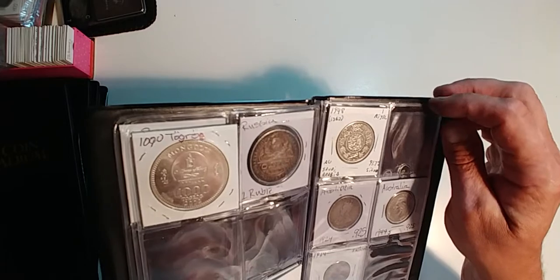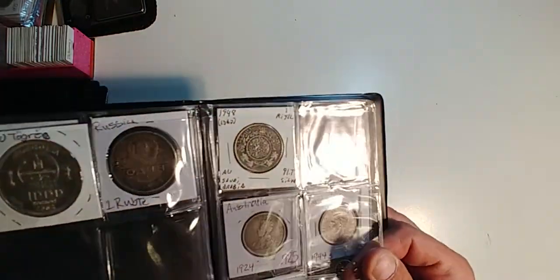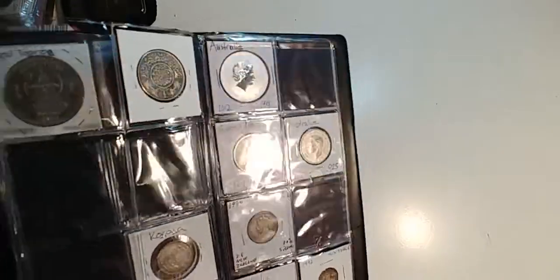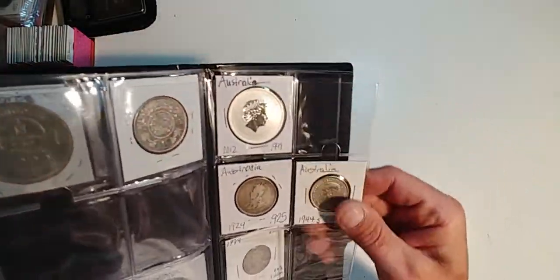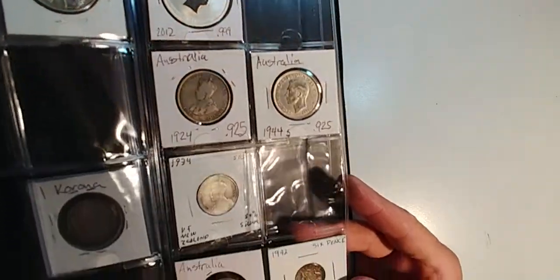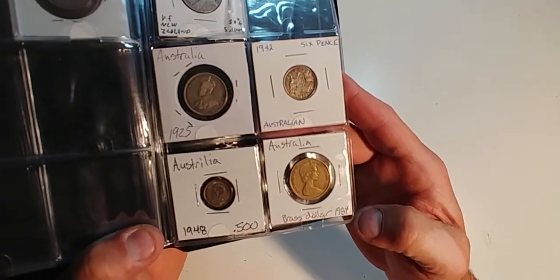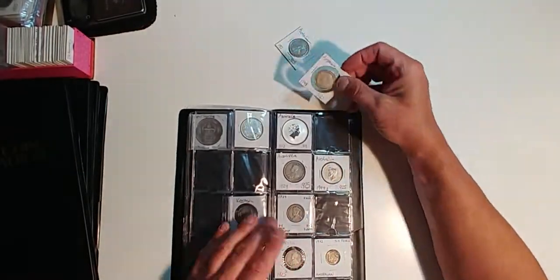1 Togrog. And then I got 1 Rial Saudi Arabia. Obviously I got a lot more to fill up on that page. And we break down here to the back of the book. This will be my Australia, all the way down to a modern bronze brass dollar, which I have